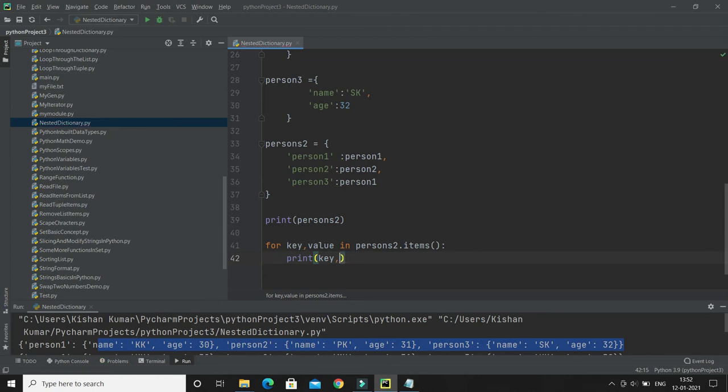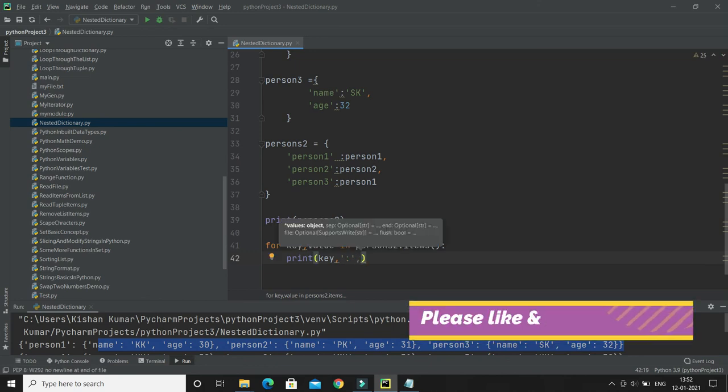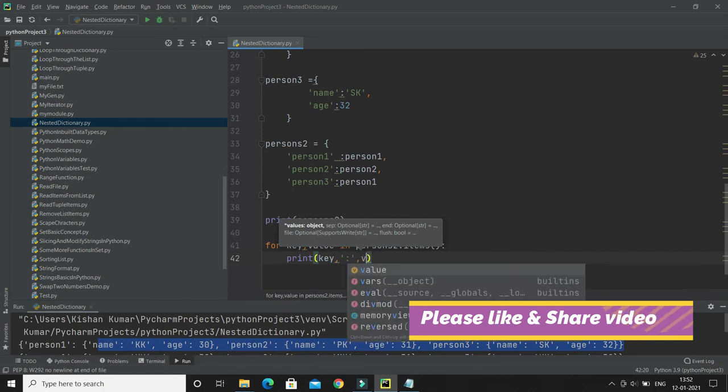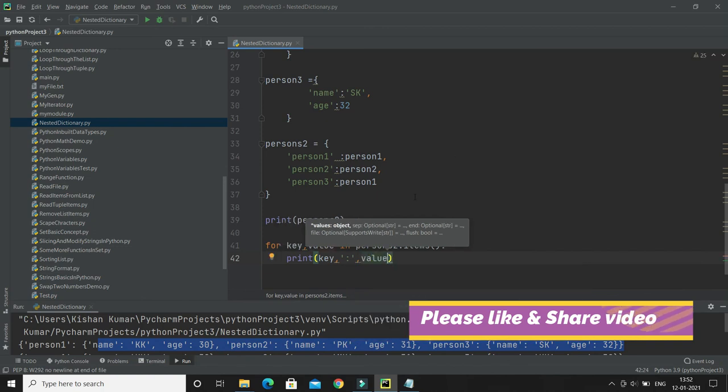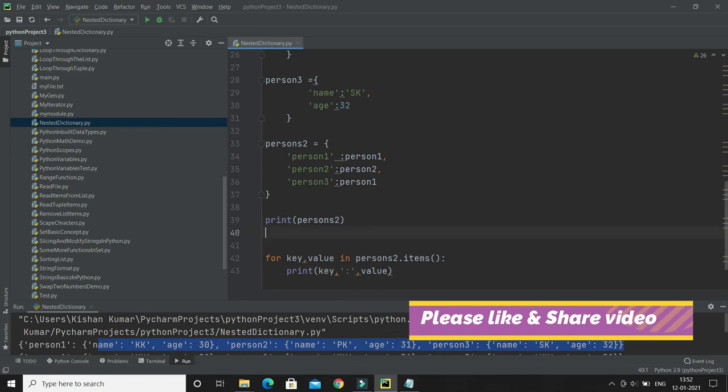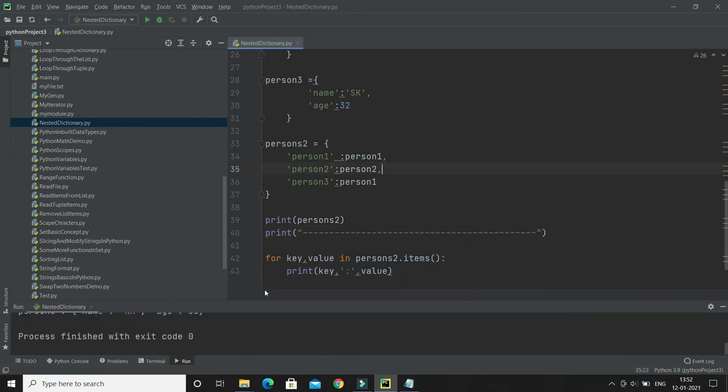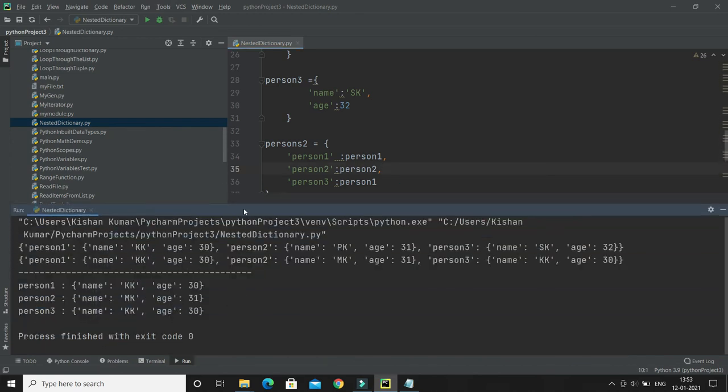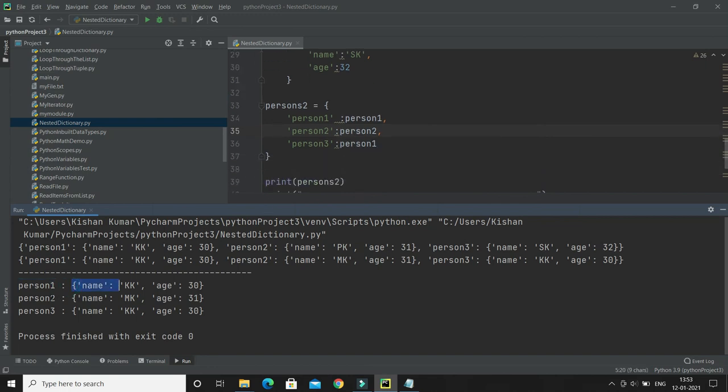and I would like to print something like this, colon. I would like to print the value, with key and value separated by a colon. And now if I run, let me give some output separator. If I try to run, then here you'll see this will print key value pairs. Here this is the key and this is the value. Key value pairs we have printed, right?